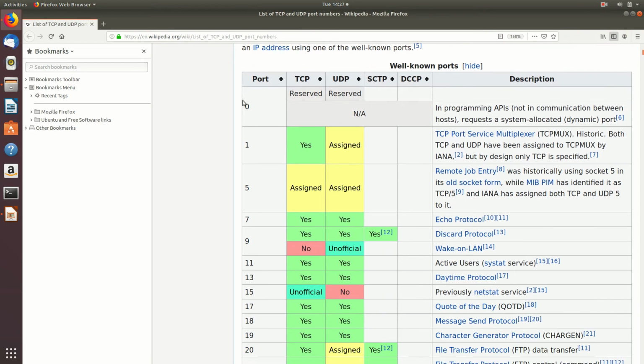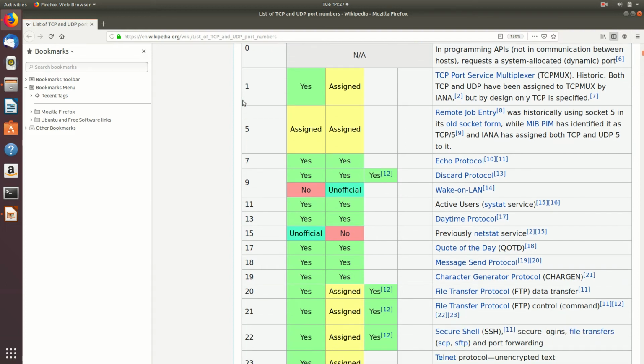And here, in the range up to 1024, many ports are listed, but you don't have to remember all of them. Some of them which we are studying, such application layer protocols and their port numbers, if you can remember, that will be good. So one of them is port number 20, right? Here you can see for what purpose it is being used. It is used for the file transfer protocol, particularly for data transfer, and we will see this FTP protocol in our subsequent discussion when we see the application layer protocols.